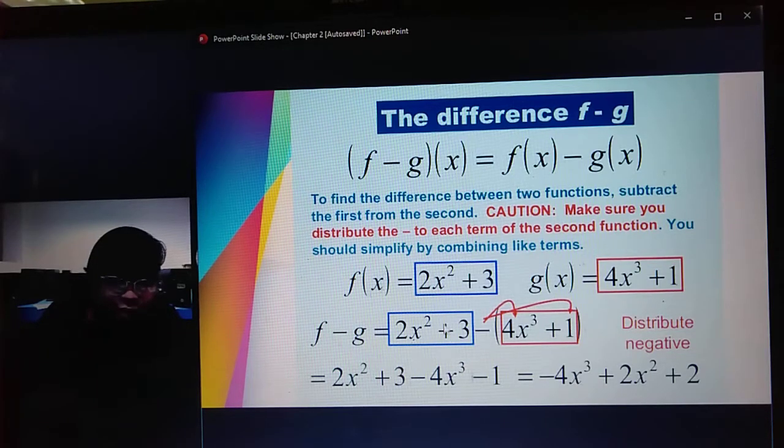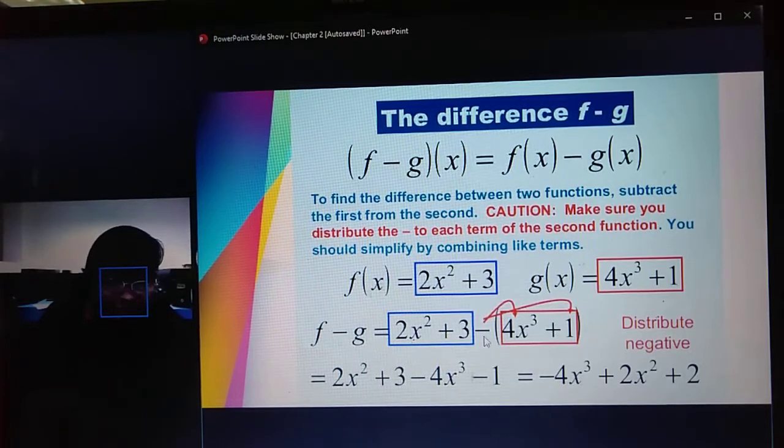Yun lang, hindi mo na i-distribute dito kay 2x squared plus 3, kundi yung magiging next dun sa negative sign. Then magiging copy mo lang to, 2x squared plus 3, and then ito, negative times, that's the distributive property,